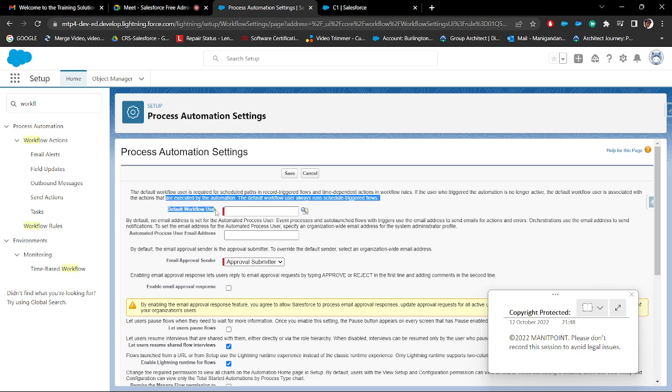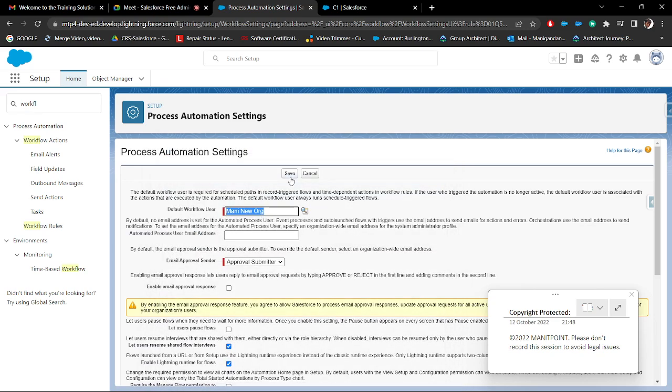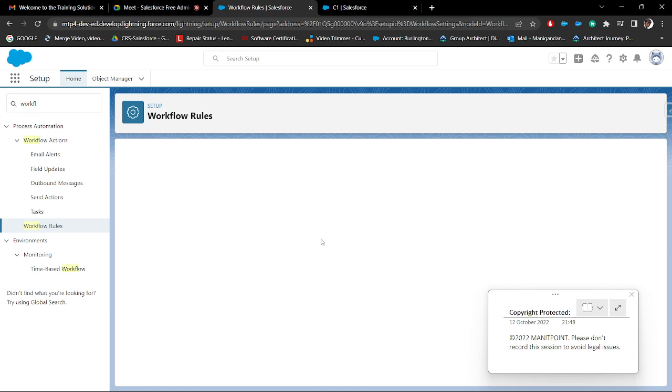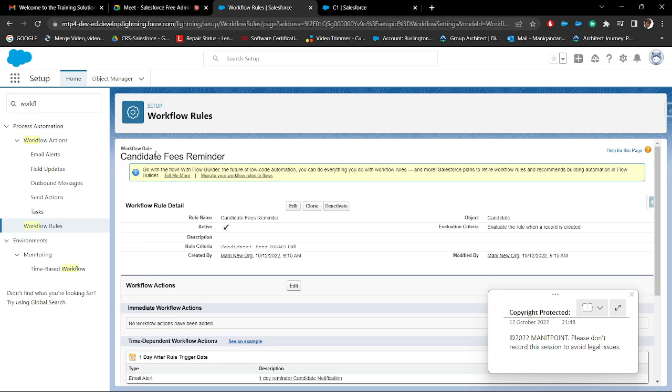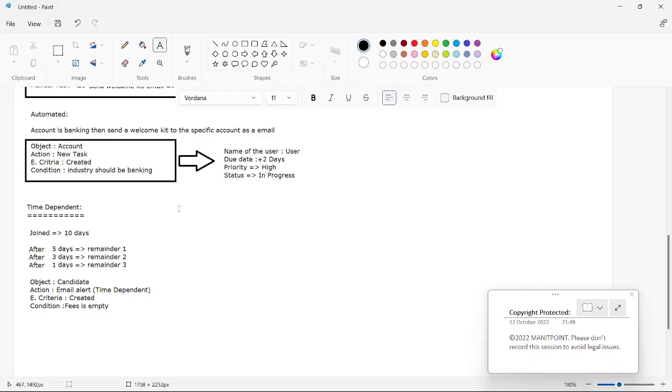So here it's asking for the default workflow user. Okay, for now you can choose any one of the users here. Okay, now your workflow rule is ready. What we can do is, this one we cannot test directly, right? If you send the email, you need to wait 5 days, 3 days, 1 day, right? You need to wait. So instead of doing that, what we can do is,